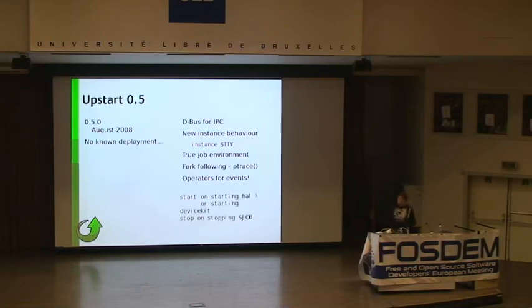And then one of the main changes that came in 0.5 was operators for events. So you can say or and in its expression syntax. But this doesn't work out so well, which I'll go into in a bit. So that's the history of where we went.